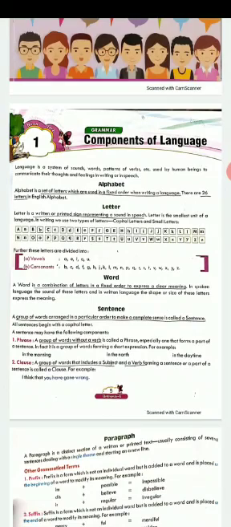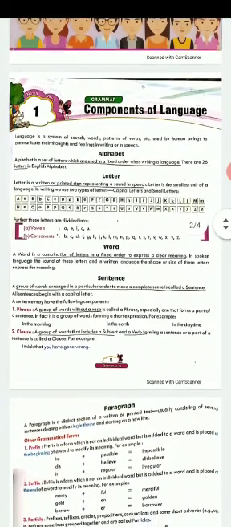Then we come to sentence. Now, when words are arranged in a particular order so that they make sense. The cat runs after the rat. Now, we have words and they are making sense. So, we'll call this a sentence. But rat runs the cat after. These are words but they are not in a particular order and they are not making any sense. So we will not be able to call it a sentence. For sentence, the words should be written in a way that they make sense.